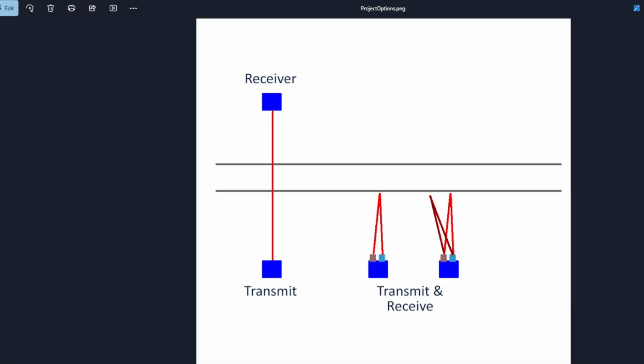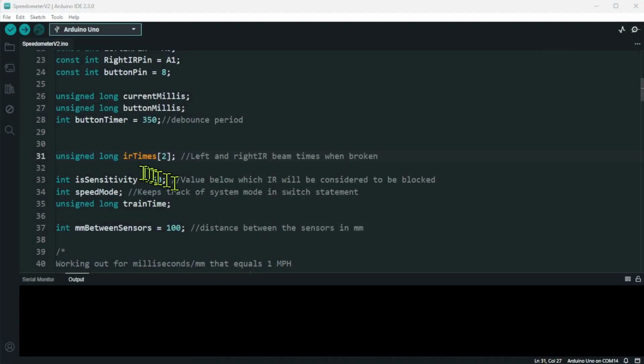Coming back to my picture here, obviously I've got a beam, and now we're using these sensors. Imagine we've got these two sensors, and the train is coming in this direction. I need to be able to time from when this beam is broken to when this beam is broken, or if you like, to when they now reflect. But also, the way I've built the project, I want it to work if the train is coming in the other direction without resetting any code anywhere. So because of that, I'm going to have an array that stores the time in milliseconds that both beams started